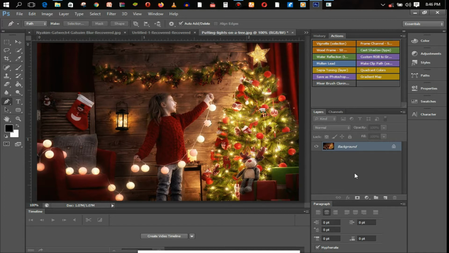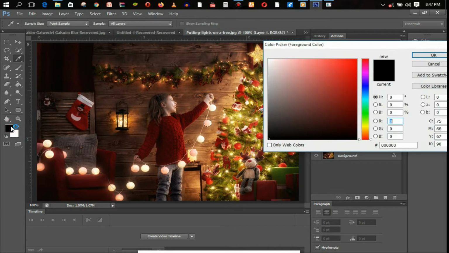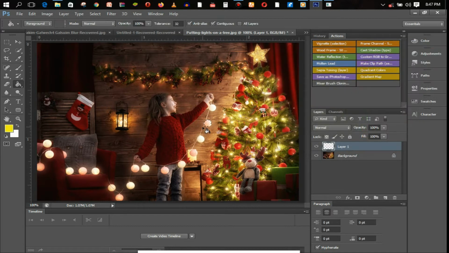and I'll be creating a new layer, and all I'll be doing is I just hit the G button to activate the fill tool, and I just clicked into that selected area. I'll be changing the colors because I won't be using black on that selected area. So okay, I think this color is good enough. Hit the OK button and click into the selected area, and we've got our lights